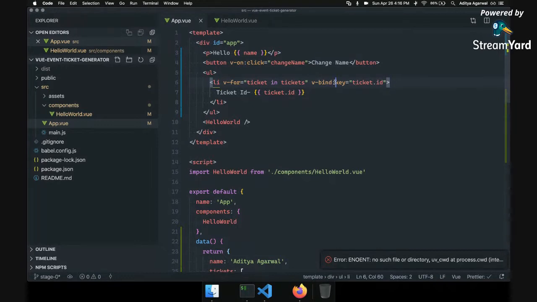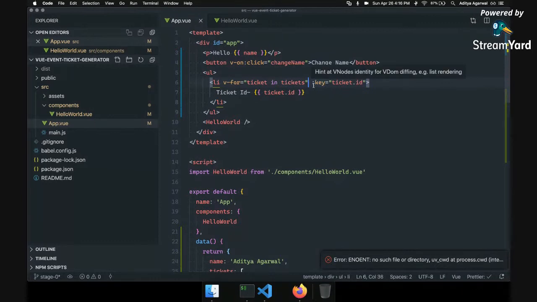Whenever you see this colon, that means this is not a string anymore, this is dynamic. So one thing is that curly braces make it dynamic, and inside the attributes you have to use double quotes, but here you can specify key, and instead of v-bind:key you can just say :key, and because of this colon it will know that this is that.